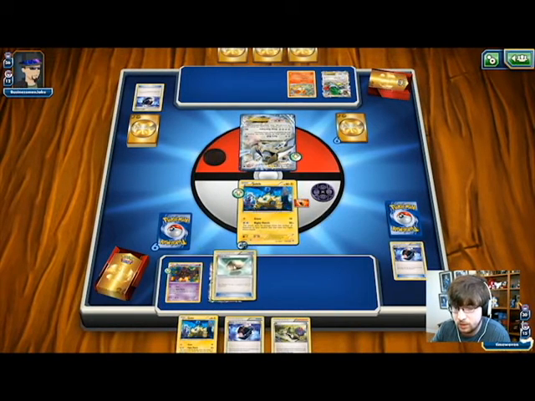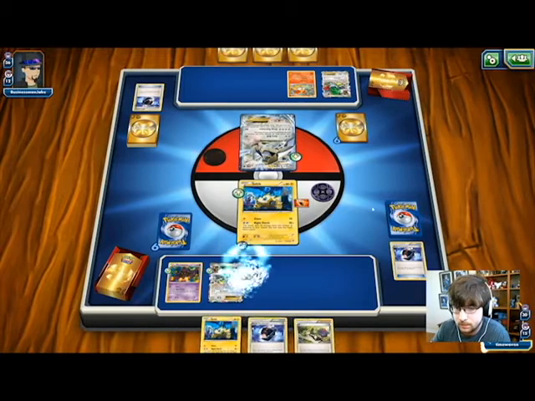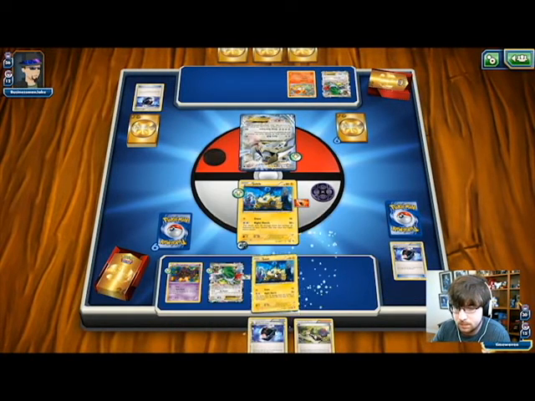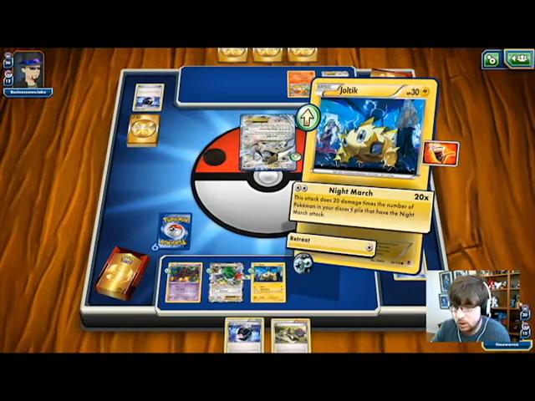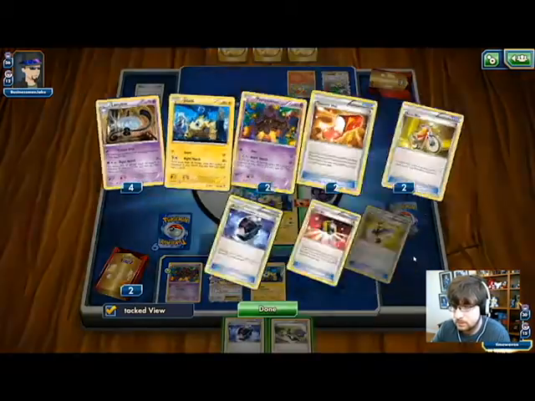We'll play the Floatstone on the Shaman. And play our good old friend, the Joltik. And I might even hold on to these just for now. We're gonna go for the Night March. Hold on. We have